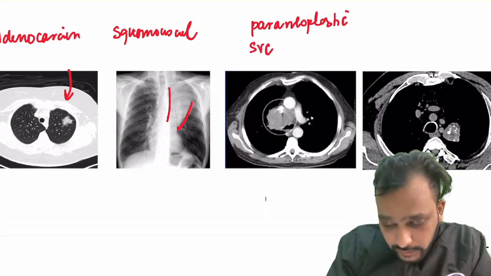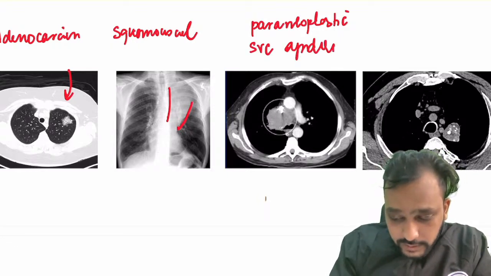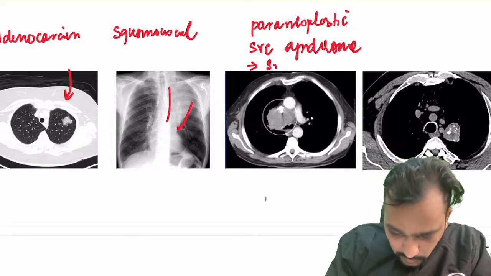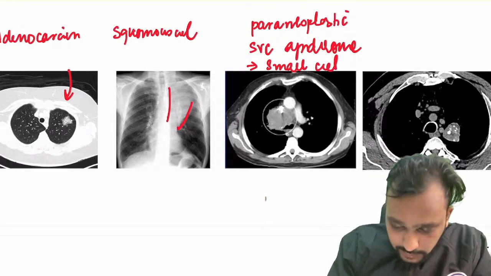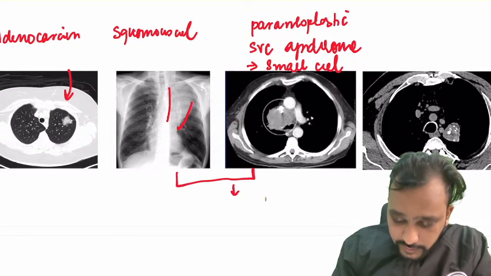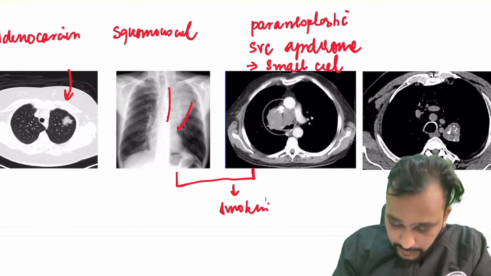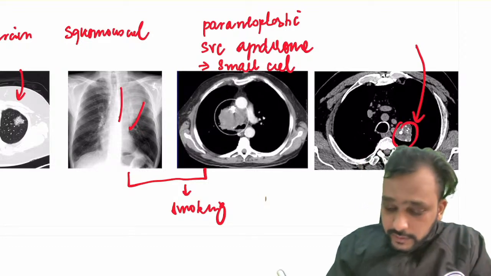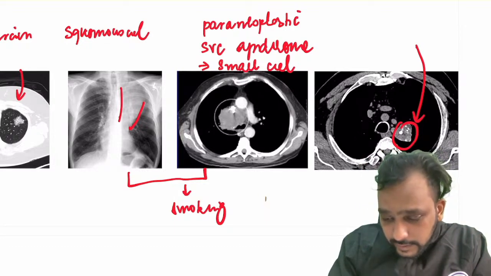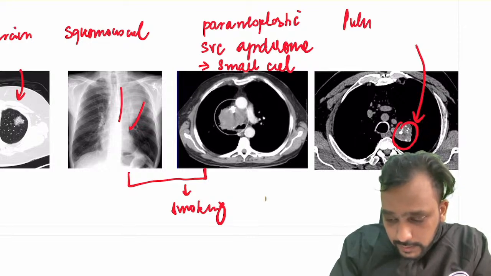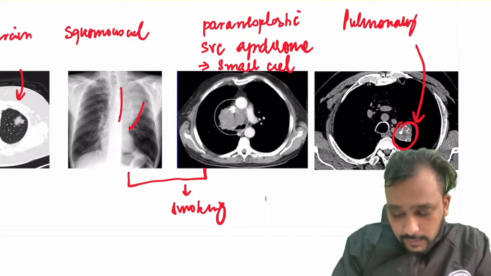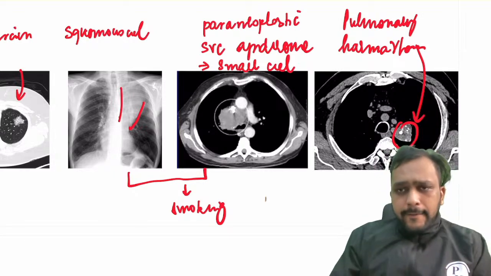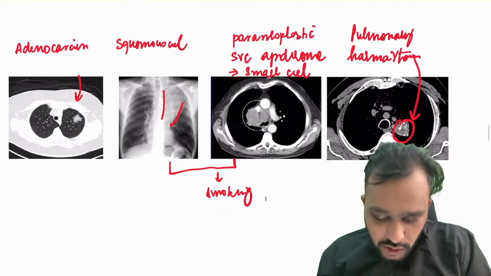SVC syndrome, right? It is going to involve your superior vena cava. Then you are going to think of small cell carcinoma of lung. Both these tumors are associated with smoking, right? A benign tumor of the lung associated with calcification, this will be seen in pulmonary hamartoma, right? Right? So this was all about